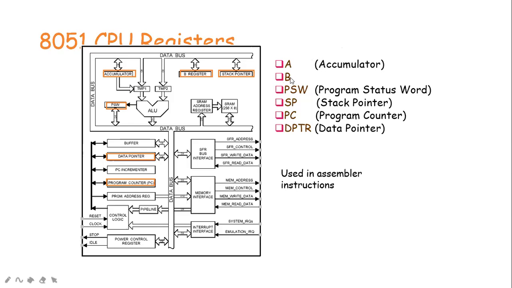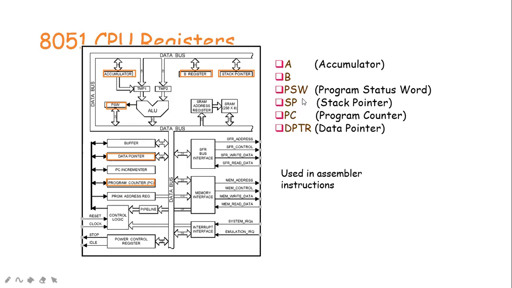And what is B? B is a special function register, a special purpose register. What is its purpose? Generally for multiplication and division, one of the operands should be in register B. After the multiplication or division operation, for multiplication the result may be more than 8 bits. The lower 8 bits are stored in the accumulator and the higher 8 bits are stored in the B register. If it is division, the dividend is in the accumulator and the quotient will be stored in the B register. This is the function of the B register.